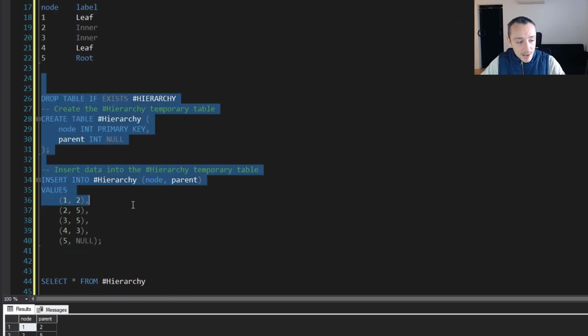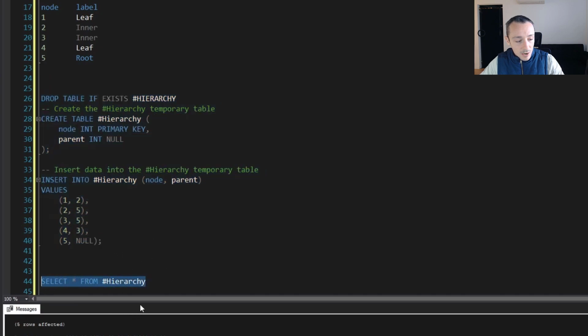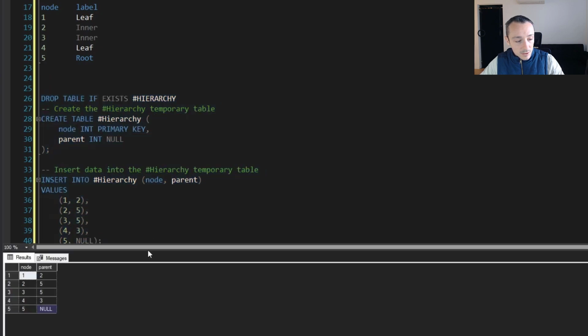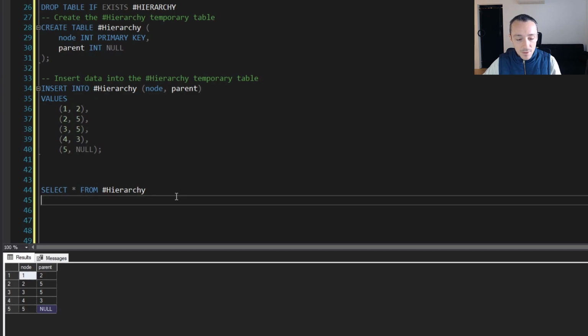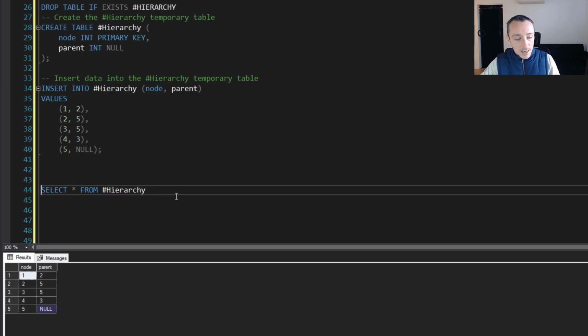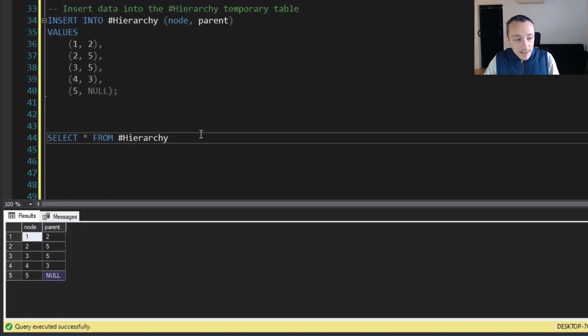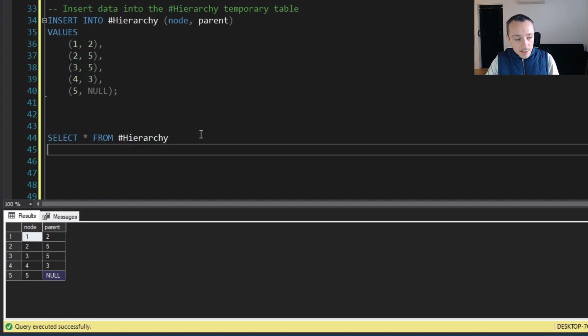We'll just set up our tables. So select all from hierarchy. So here we are. What we're going to do is create a recursive CTE to provide the solution for this. So what is the syntax? How do we get started? With the recursive CTE, we need to start with the anchor, meaning where the node has no parent, so basically the top of the hierarchy,